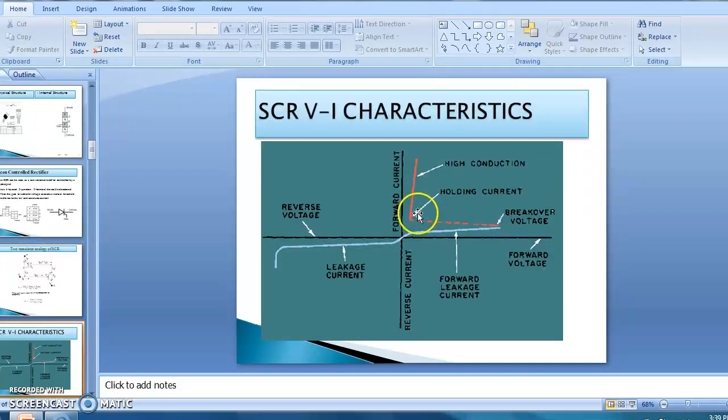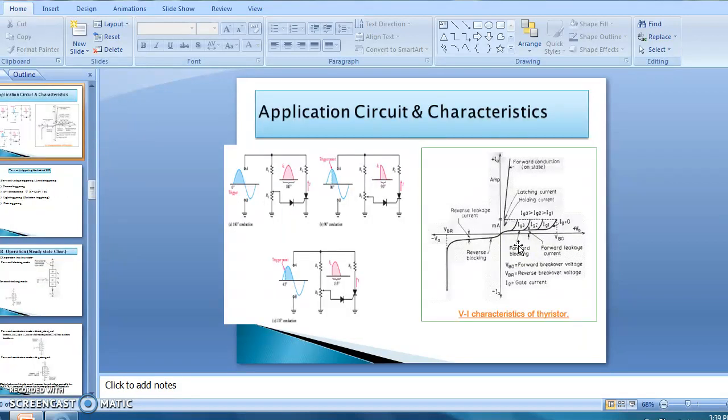This characteristic shows the VI characteristic of SCR, with voltage on the x-axis and current on the y-axis. This characteristics is